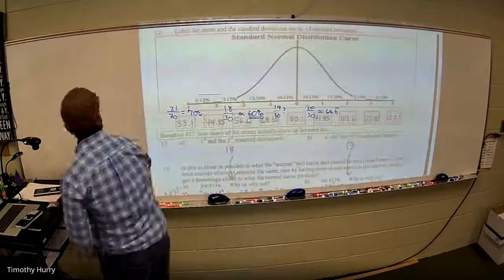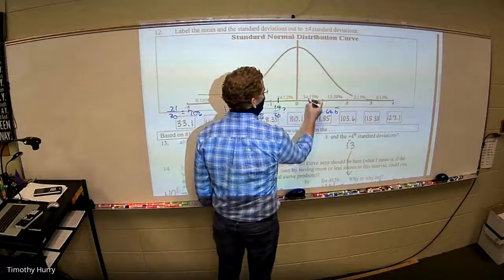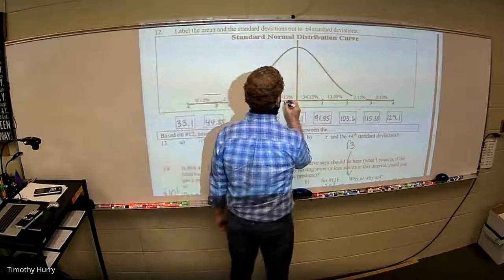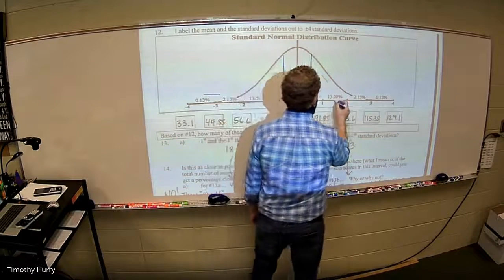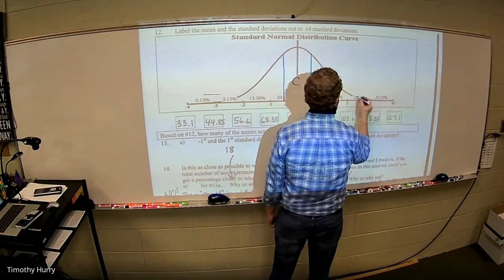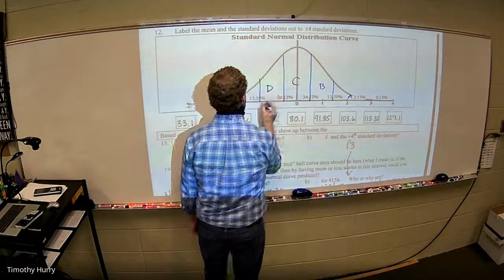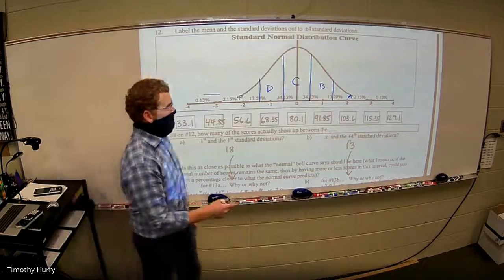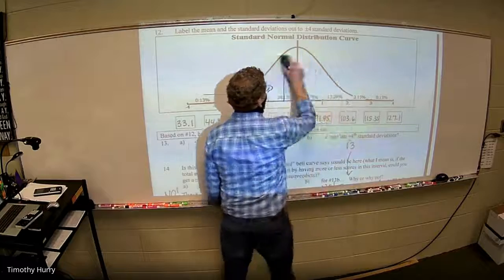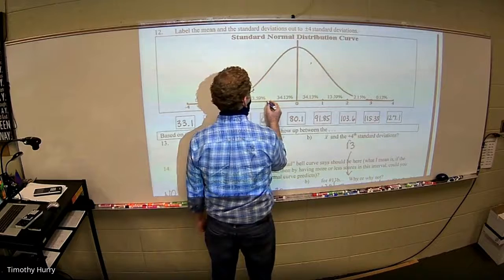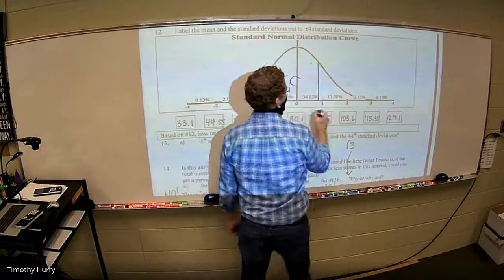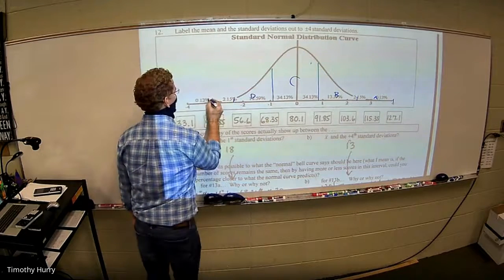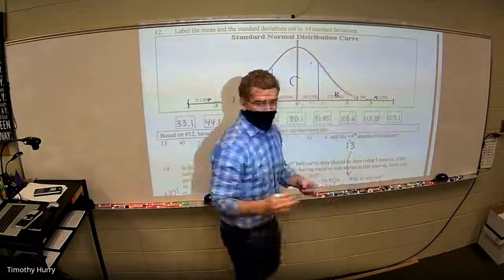And what if I were to say something like, all right, we're going to make this C. Oh, let me make it uniform. We've got 8 parts here. So what if I said, all right, we're going to make this a C. We're going to make this a B. And we're going to make this an A. We're going to make this a D. And we're going to make this an F. And you spaced everything out from like -4 to 4. Well, this is not spaced out very well because this is a much wider area. So if I really did it accurately, it would be more like this. Maybe something like this, C, this, B, this, A, B, C, D, F. So all these areas, they're not equal, but if all the widths were equal,